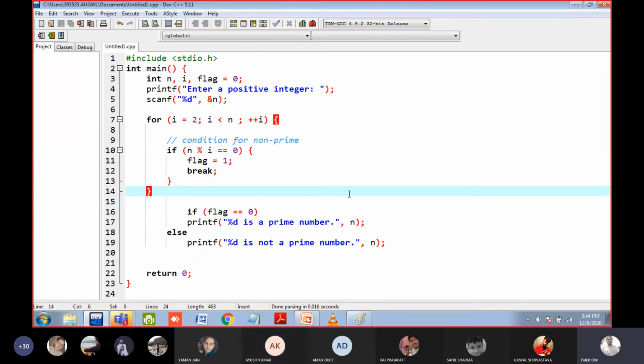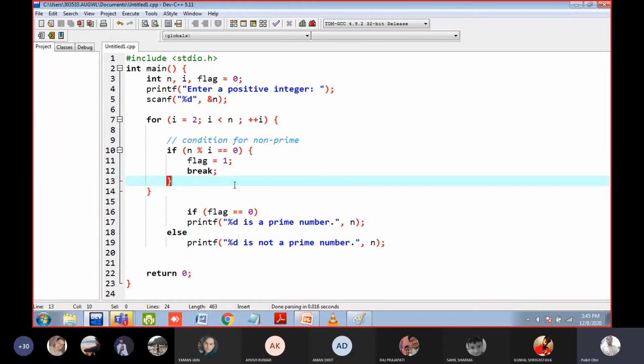Look, here the logic is very simple. In the previous program, the logic was the number should be divisible by two numbers, yes or no: 1 and by itself. Here, the number should not be divisible by any number. For example, to check whether 13 is prime or not, divide from number 2 to number 12, means divide 13 by 2, 3, 4, 5, 6, 7, 8, 9, 10, 11, 12. That's all. If it is divisible by any number, use the break statement and go to the flag and print that it is not a prime number.